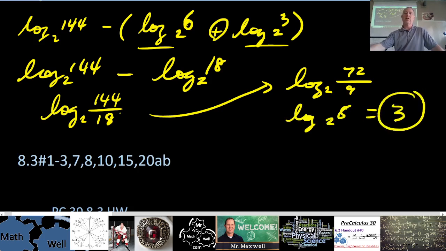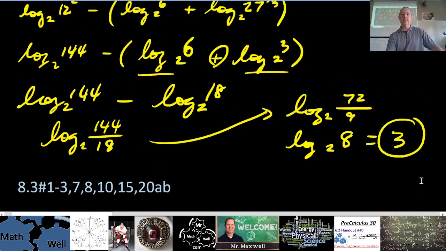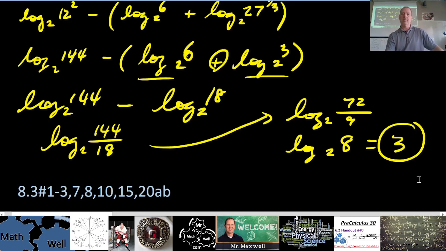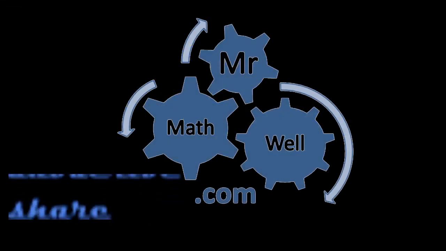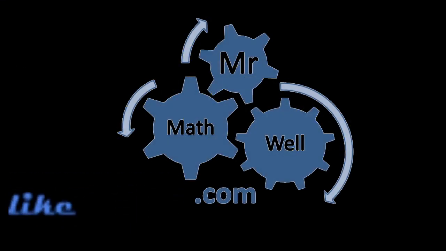So right up until the very end, you wouldn't be able to do any of this in your head, probably, because they don't really work, right? 2 to the power of what is 6? That's a decimal. But when you get down to the end, using all of your rules, you can get down to an answer there. All right, here's your sum for 8.3, and that's just a few examples of using the power rule there. Questions? On our test, will there be a bunch of stuff